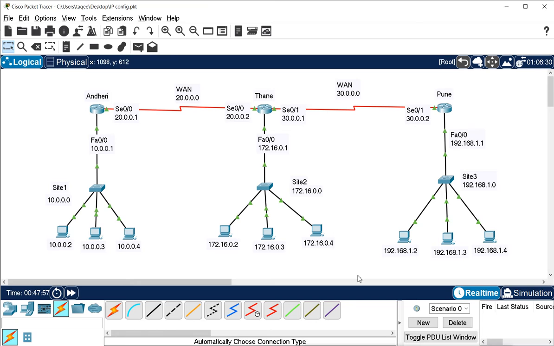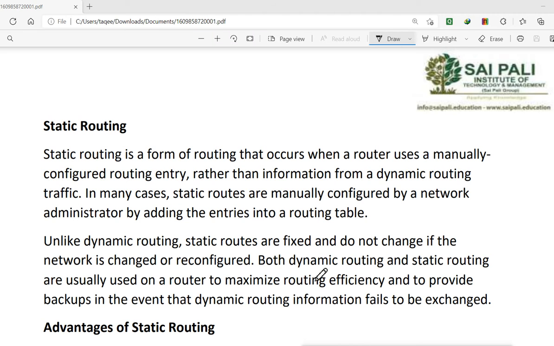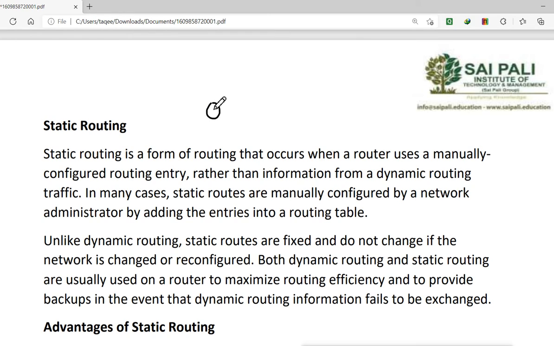For example, sometimes we have a big network with multiple paths to reach some destination. Say we have this router here, connected to some network. Let's say this is our network, connected to this router.